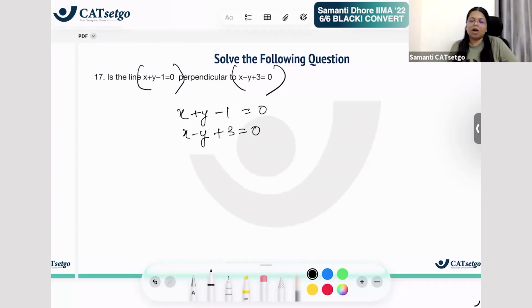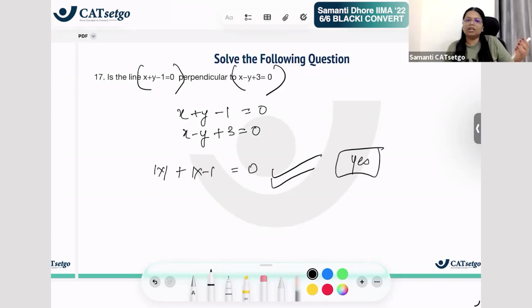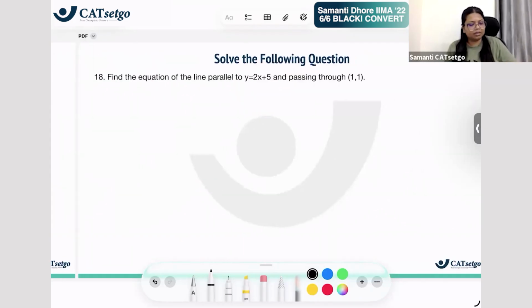Is it? How do we find? Either we get the slope form. Either we find their slopes and check whether the multiplication is -1, or we check whether a1a2 plus b1b2 is equal to 0. Yes, it is equal to 0. So yes, they are perpendicular to each other. Fair? Next. Find the equation of the line